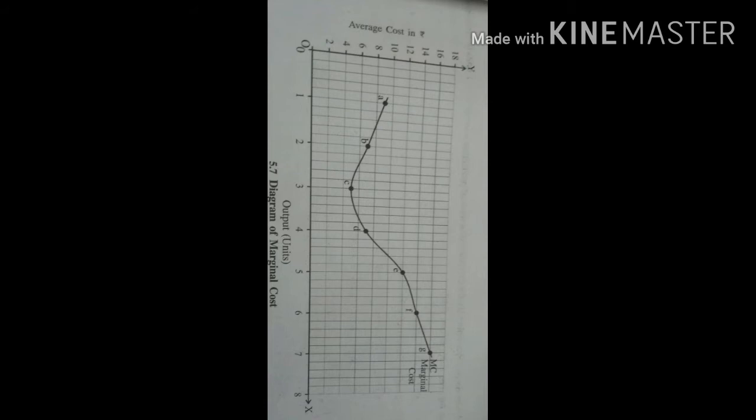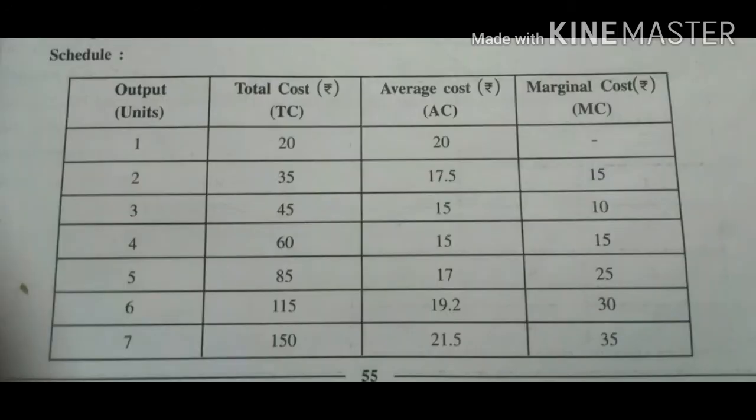Due to such data, in the diagram, marginal cost curve is like a hockey stick, or like your tick mark. Till the third unit, marginal cost is decreasing, therefore marginal cost curve has negative slope. After the third unit, with the increase in production, marginal cost increases, therefore marginal cost curve has a positive slope. So marginal cost curve is like hockey stick. Now as you have learned to calculate average cost and marginal cost, here is a table which shows average cost and marginal cost from the total cost and from the output.